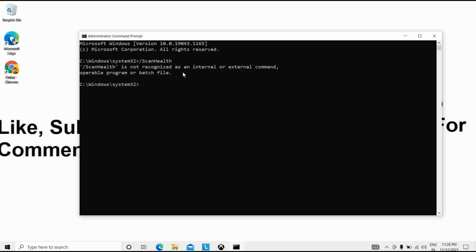Okay, so guys, if you got this problem, then you have to open your PC in advanced mode or boot mode, and then try these 3 commands.